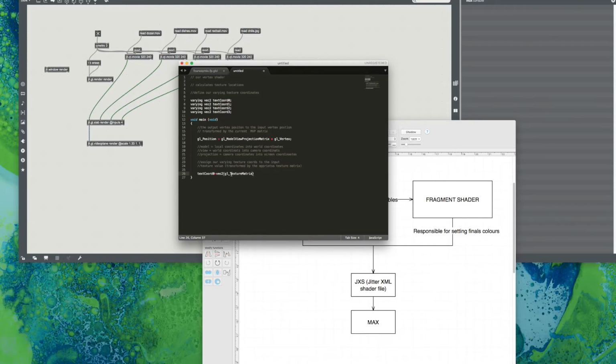And note the capital T on texture matrix. This is another built-in OpenGL one. We're going to do it to texture matrix 0 and times it by our multi-text chord 0, close brackets, semicolon. What we're doing here is we're assigning our texture coordinates per vertex so that we can access